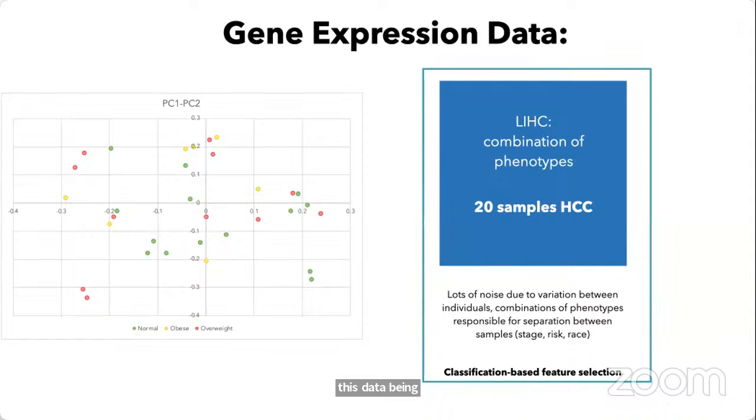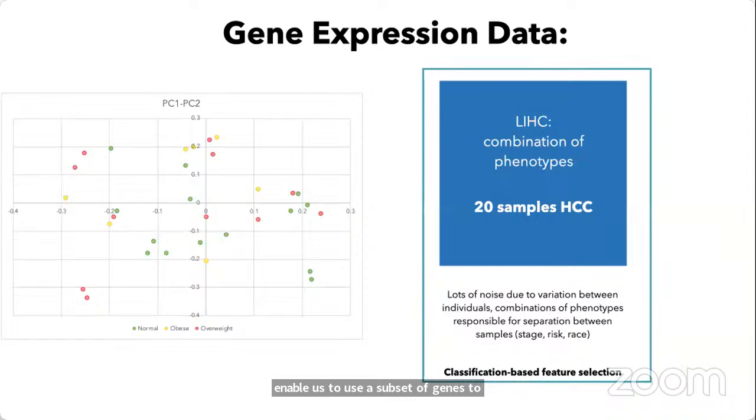This is due to a lot of noise that is present because this data is from a patient source, collected from various different resources. Generally, patient data is associated with an increased amount of noise compared to the model system, where many of the different controllables can be controlled. But once we use advanced statistical methods like machine learning analysis and supervised machine learning, for example, applying the random forest algorithm to this data can actually enable us to use a subset of genes to